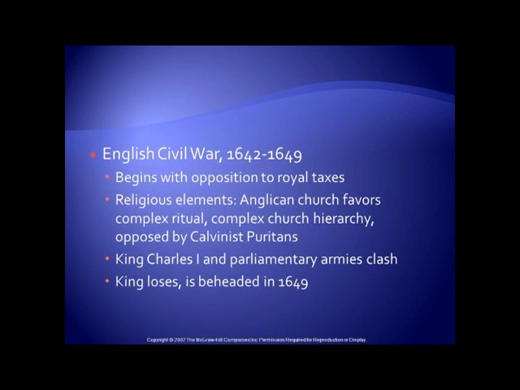On one side were the people in Parliament who were mostly Puritans, and they called themselves the Roundheads. And then there was Charles's army that was called the Cavaliers. And the reason the Roundheads were called Roundheads is because they had stupid haircuts. Later on, you'll see a short video and you'll see the guy with the funny kind of pilgrimy haircut. So that's why they're called Roundheads. In the end of the war, the Roundheads win. And not only do they beat Charles's army, they execute him. They chop off his head.